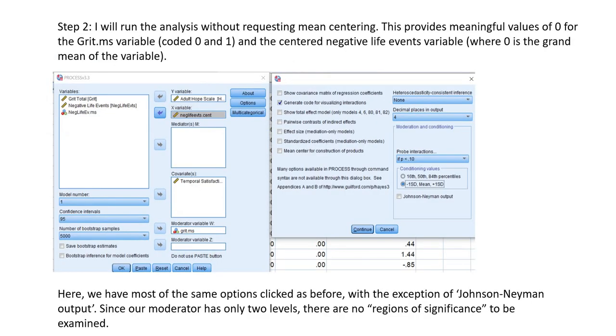And then step 2 will involve running the analysis by incorporating the newly centered variable as an X variable right here, and our median split version of grit right here, and then this is our life satisfaction variable right here. I probably ordinarily would have centered that variable as well, but we're not going to do it for this particular demonstration. And notice that we're also not clicking on mean center for the construction of products